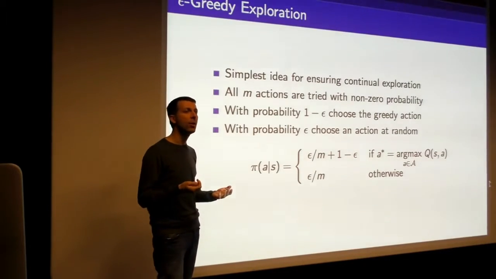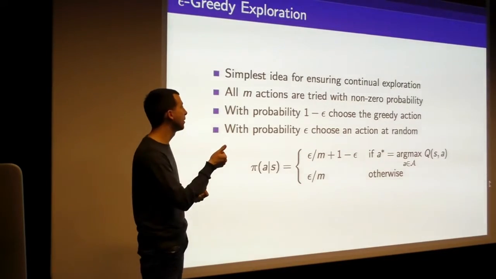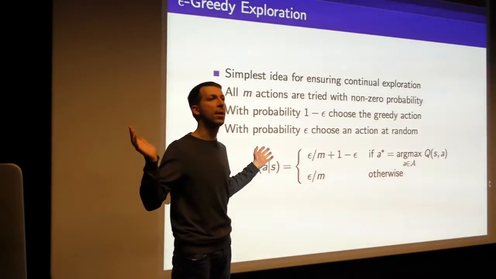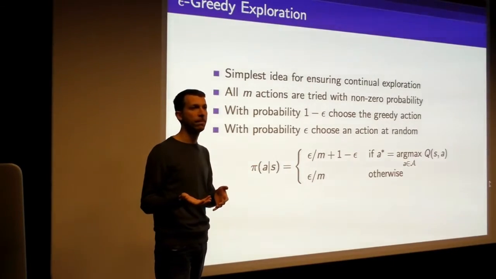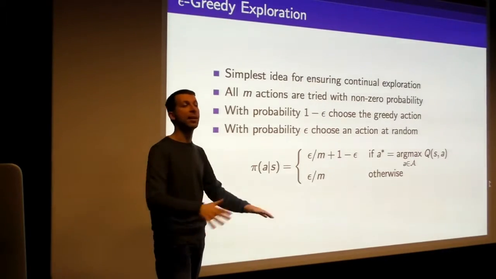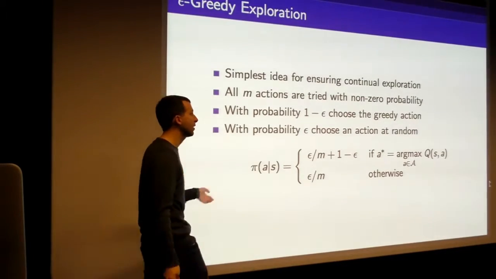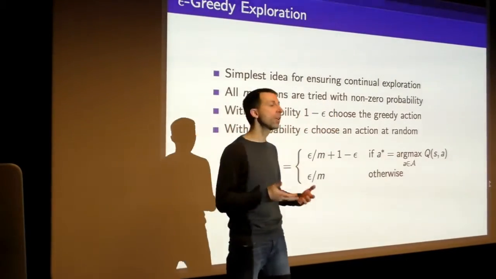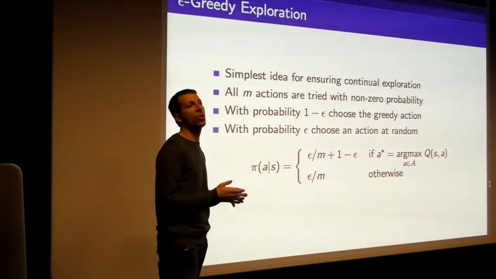It's very simple. All it says is that you flip a coin. With probability epsilon, you choose a random action, a uniform random action. With probability 1 minus epsilon, you choose the greedy action. So you flip a coin. If it comes up heads, you act completely randomly to make sure you see everything. If it comes up tails, you choose the best thing that you know so far. You take your argmax over your Q values. So it's just like our greedy policy improvement, but we've softened it a little bit to make sure that with some small probability, you try all the other actions.